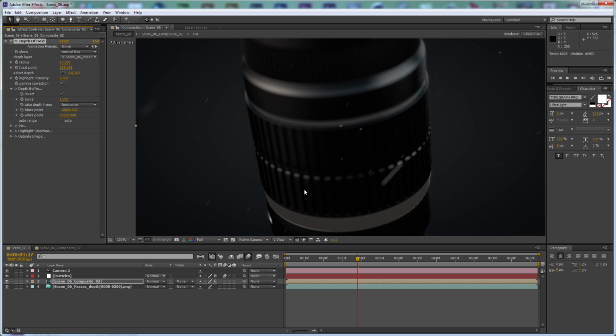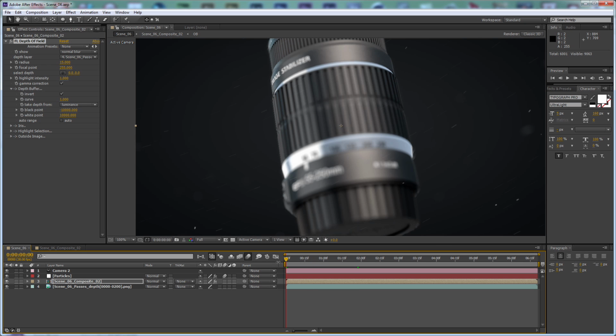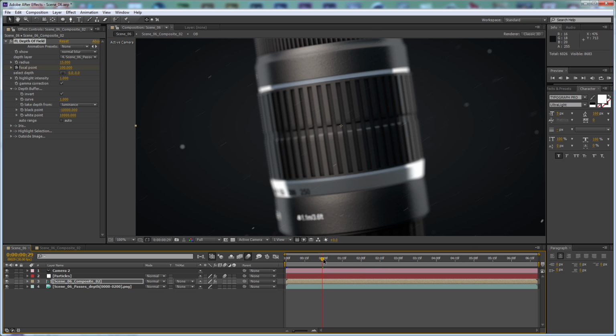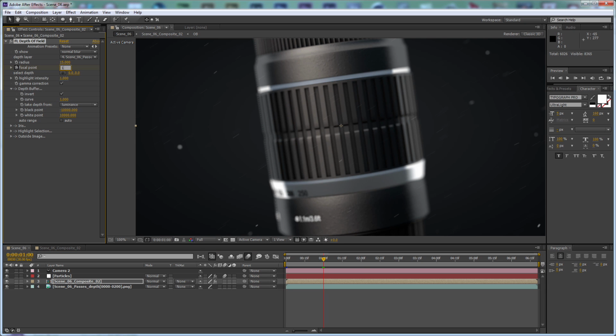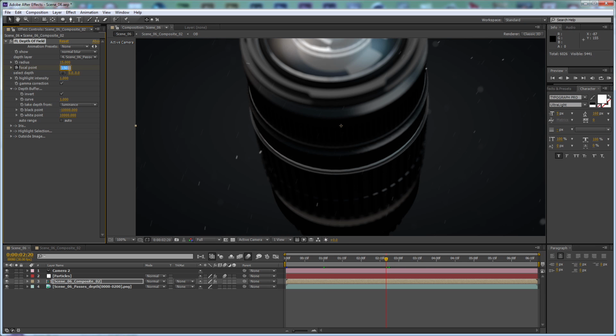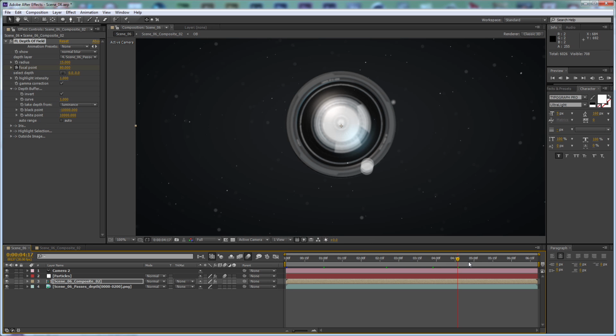And this is what we get so far. So at the first frame we need to set the focal point to 100 and set a keyframe. Move to 1 second mark, and we just need to trace this and set this to 150, so we have this part in focus, and go to the 2 seconds and 20 frames mark, and let's set this to 80 and just keep it like that,